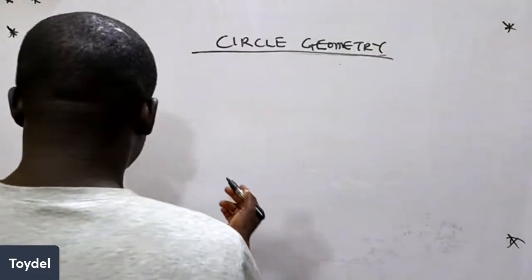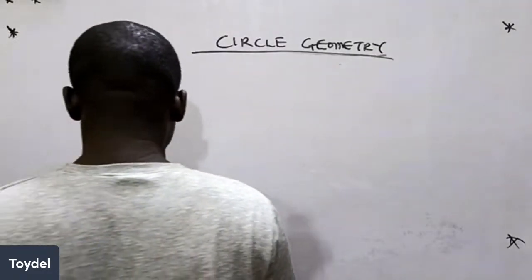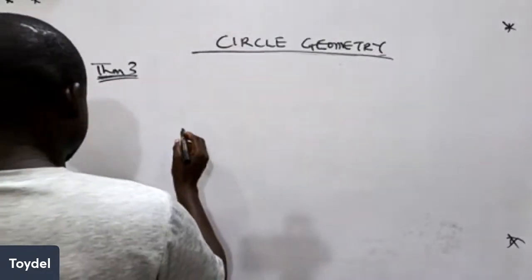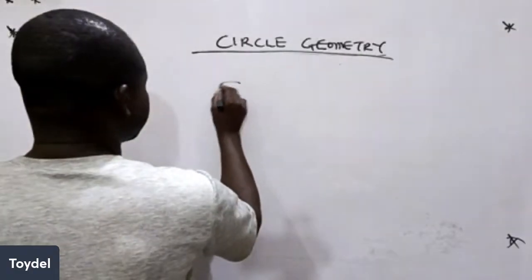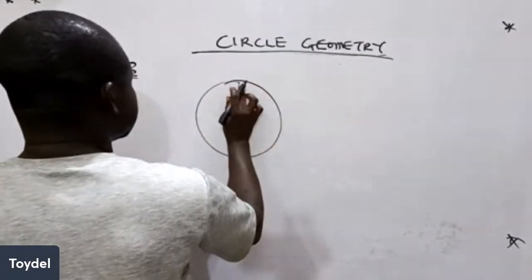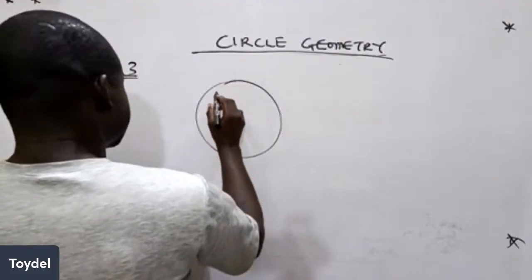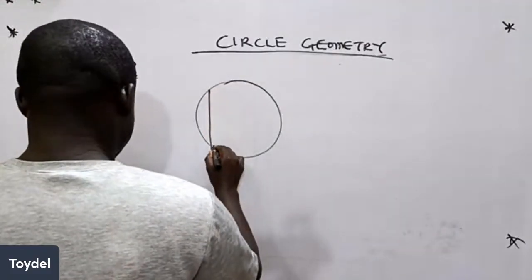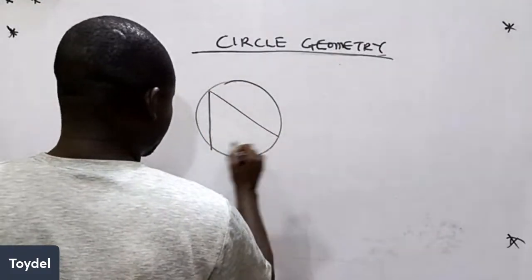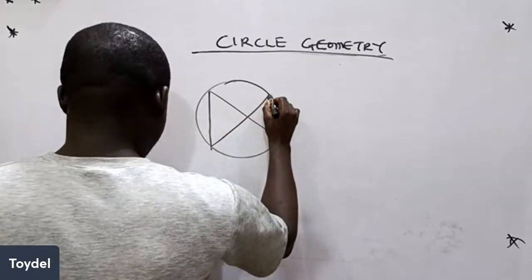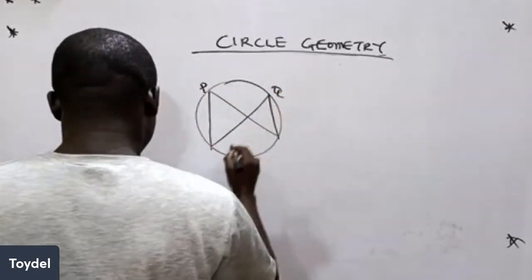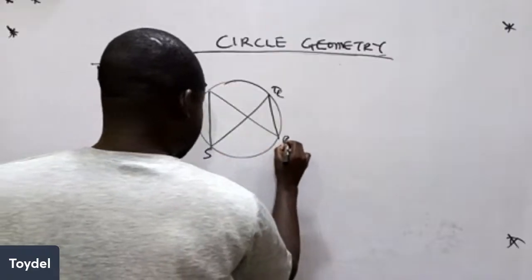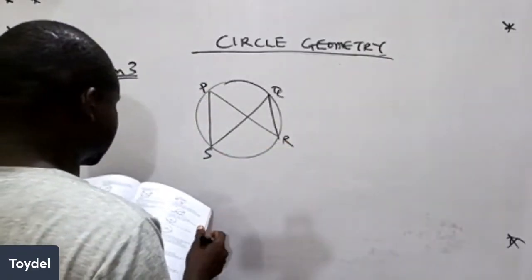Maybe we solve two questions on this. The question says that in the diagram below, we have something of this nature. So this is P, this is Q, this is S, and this is R. So the question says that in the diagram below,